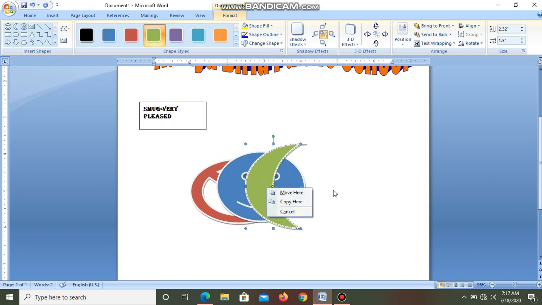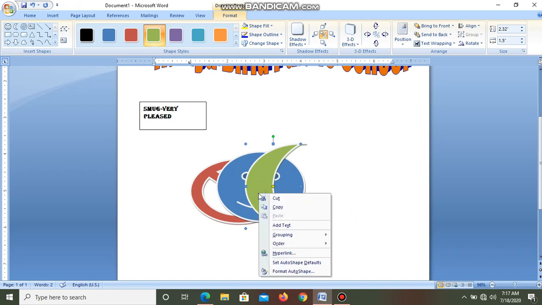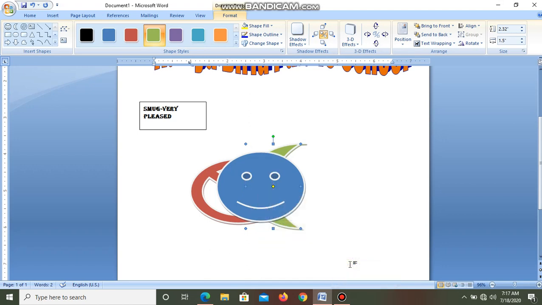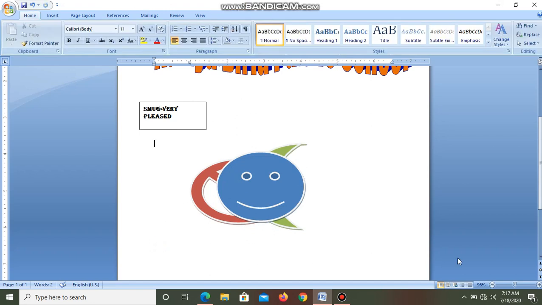Now if I want to send this crescent moon shape at the back, select this shape, right click, go to order and send backward. So in this way you can change the order if you are working with multiple shapes.